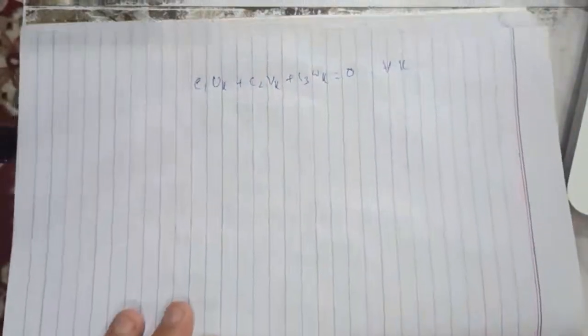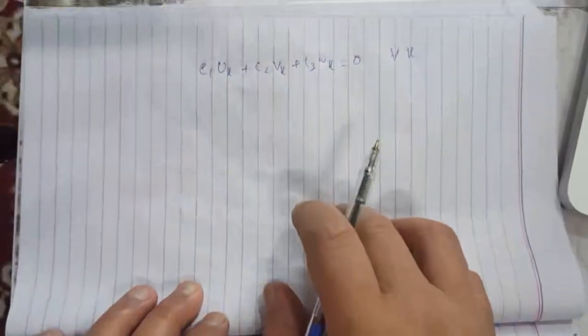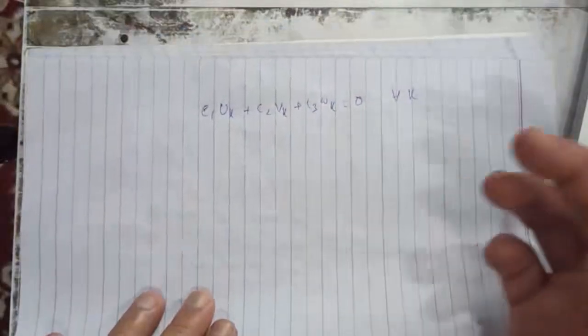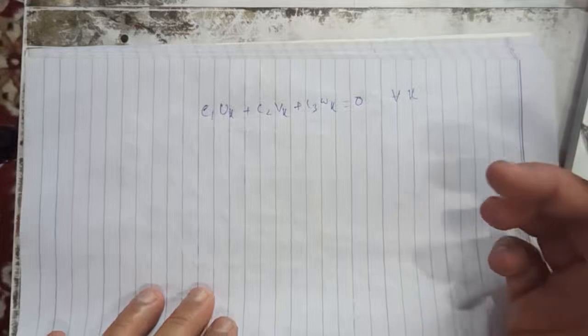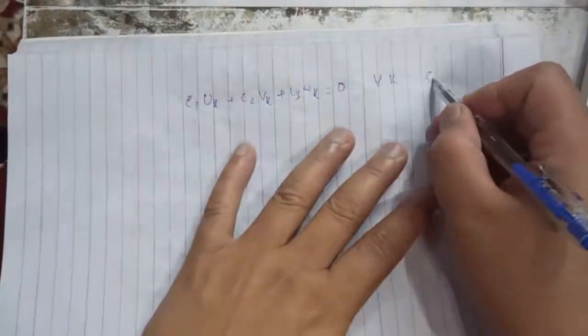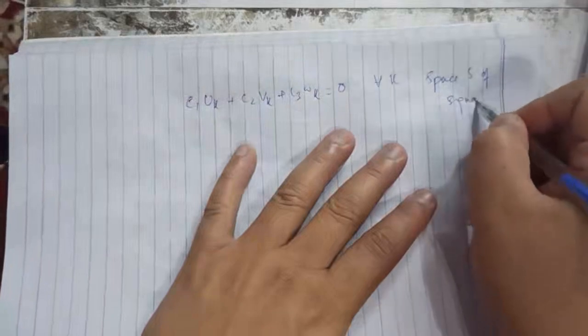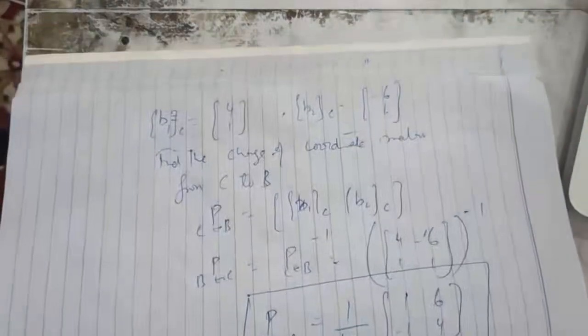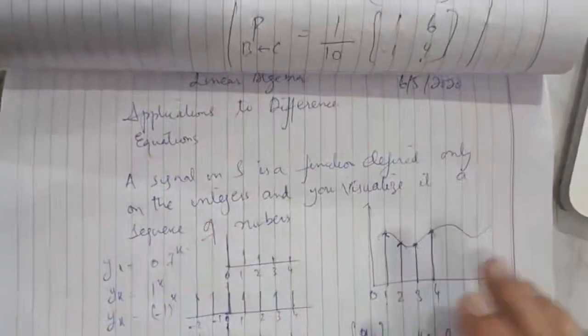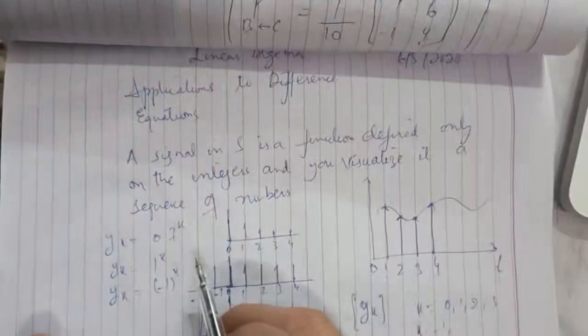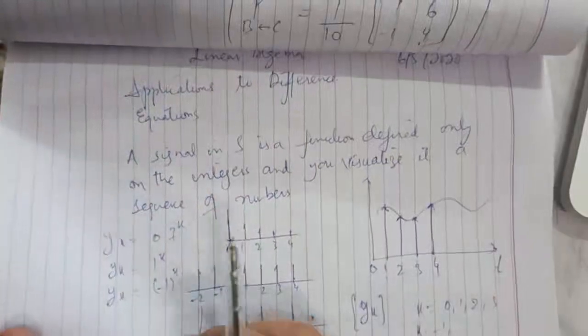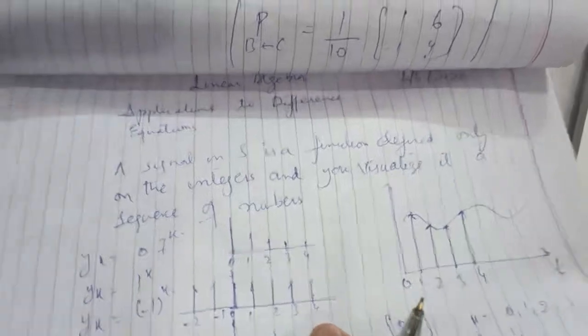So you can now think of these signals forming a space S of signals, as I discussed earlier. For example, 0.7 to the power k, 1 to the power k, minus 1 to the power k are actually